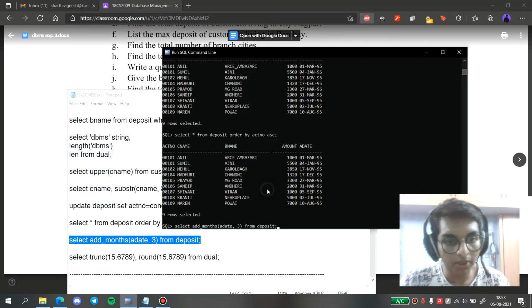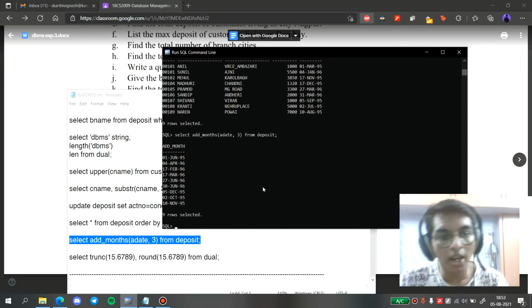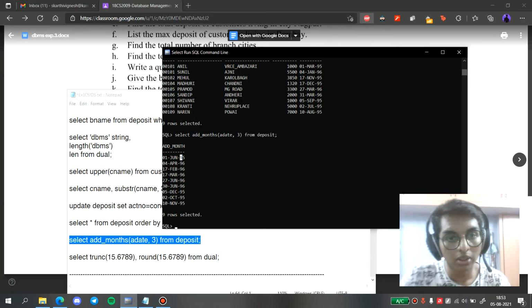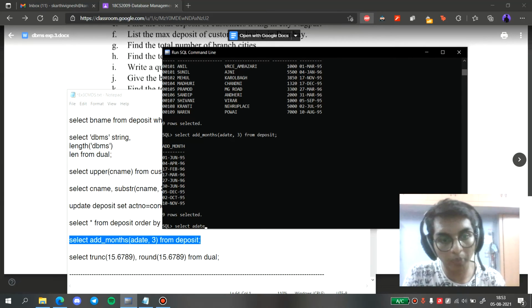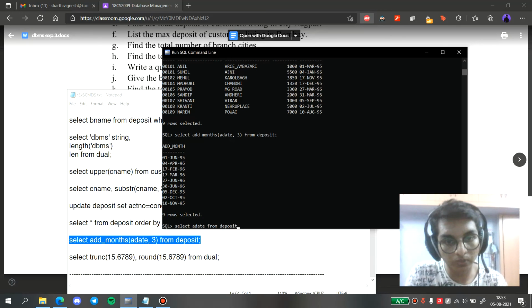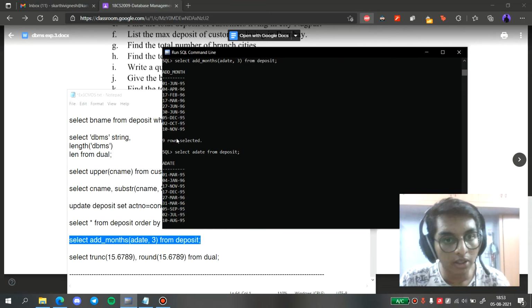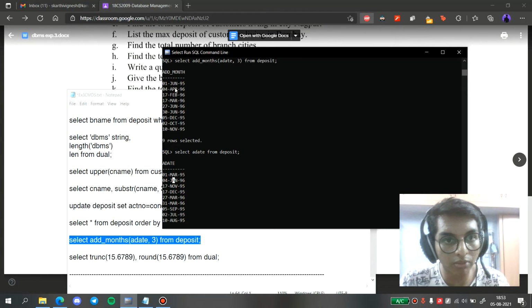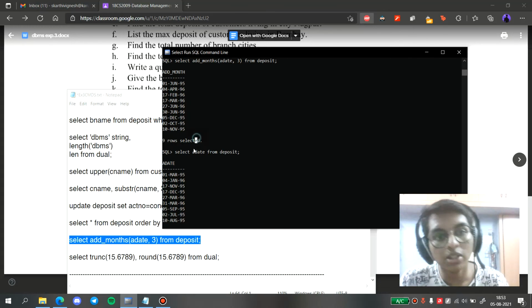So I'm going to execute this command, and 9 rows have been selected, and as you can see, all the dates from the previous one have been updated. It has added 3 months to the existing date. For example, from March it went to June, from January it went to April, and from November it went to February of the next year, and so on.